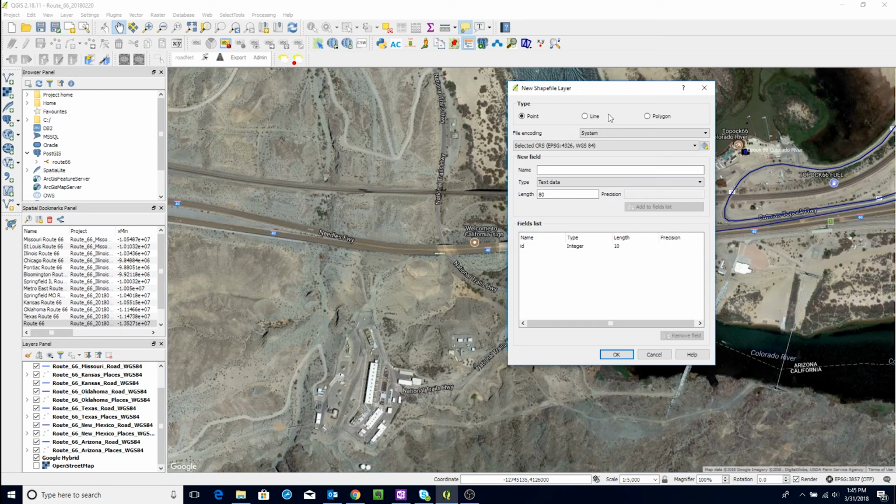And this opens up a dialog box. We can choose between a point, a line, or a polygon. I'm going to choose the line. I'm not really going to collect any attributes for the line, so this is really as much as we have to do to create the shapefile. All I need to do now is to tell it where to save it. So if I click on OK,